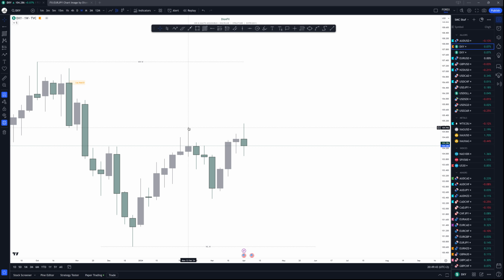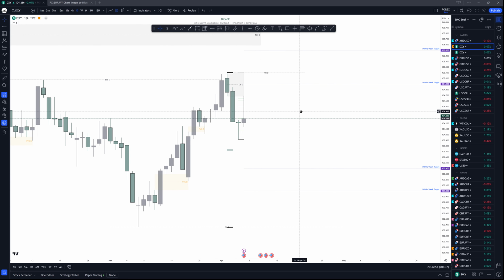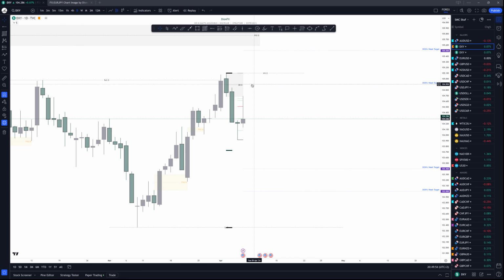And this one happened after price went up and took out this high. Immediately, we got the drop to the downside. Okay. On the daily time frame, what I see right now, here are my targets, right? So if we open the week and price comes here, now I'd like to see further continuation from here to the downside.